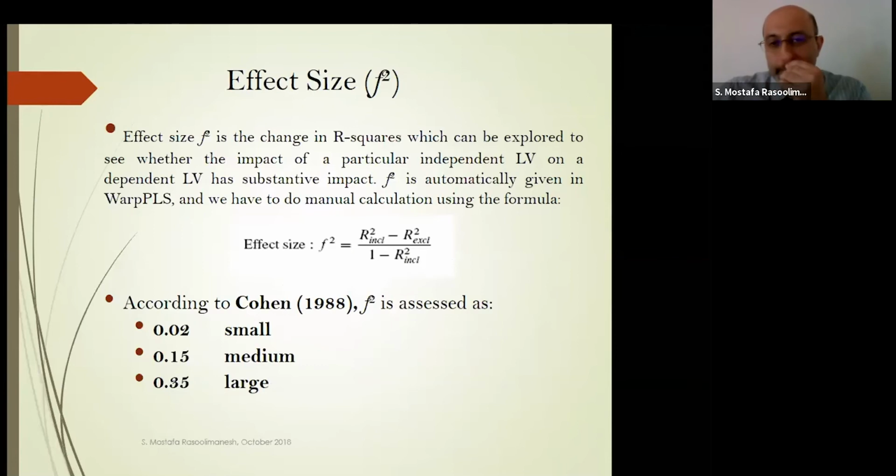Also Q square, I didn't put Q square here. Based on some algorithm, we calculate Q square using blindfolding bootstrapping, especially when we apply PLS, because PLS is a prediction-oriented technique. So we need to apply some criteria. Q square is one of the criteria to assess prediction relevance of our framework, our model. So using blindfolding bootstrapping, we calculate Q square, and the value of Q square